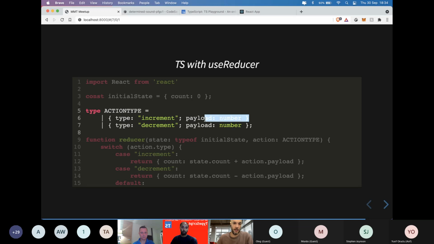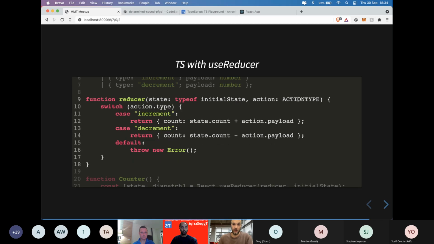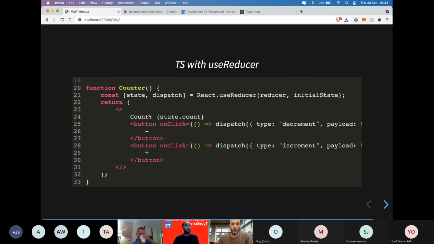So we are defining that the action can have this shape with a type increment and a payload number, or a decrement type with a payload number. Then we pass the action type and the initial state in the reducer, and we write the switch case with the increment and decrement, and we use the reducer in our component.